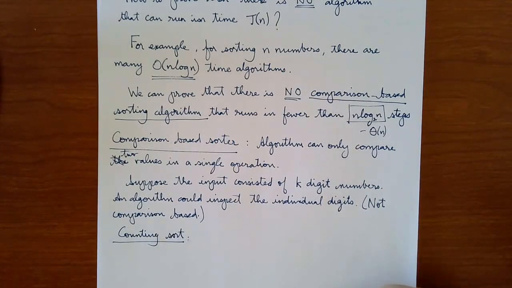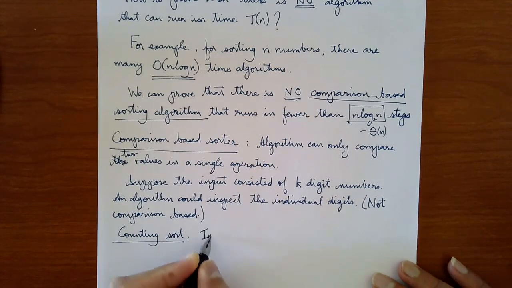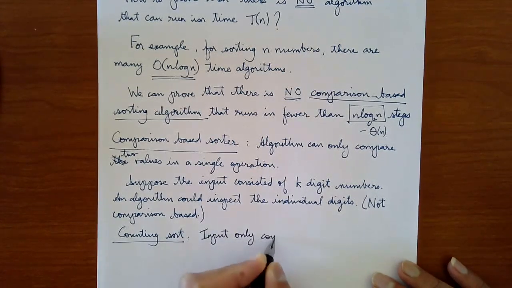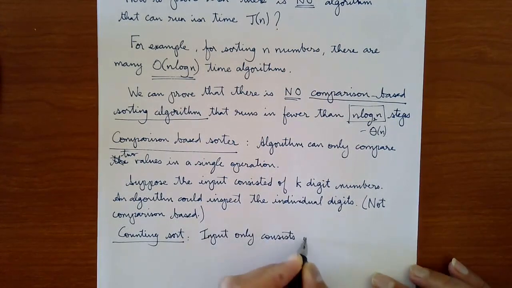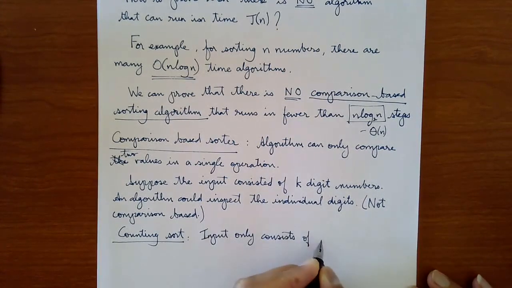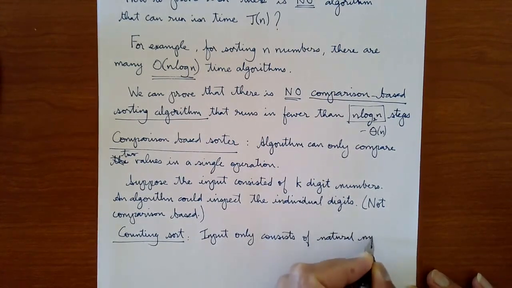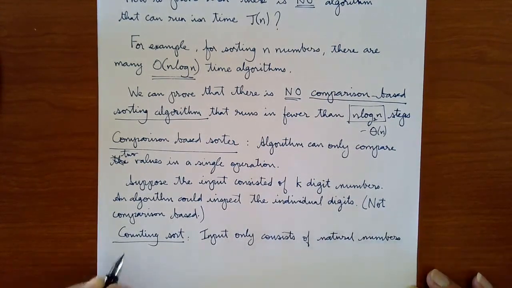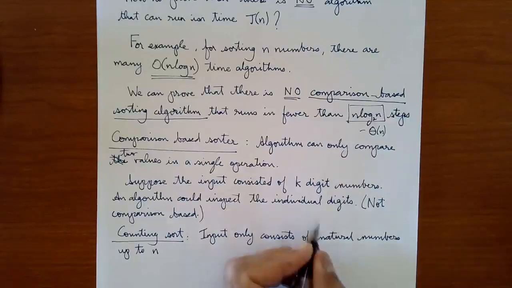In counting sort, the input only consists of natural numbers up to n, let's say at most n natural numbers up